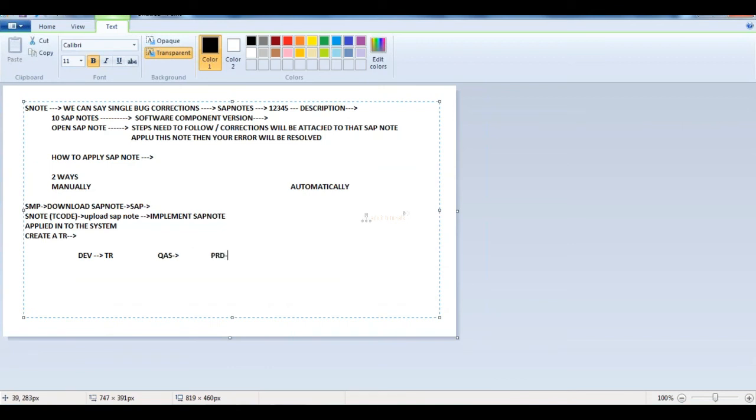Why? Any idea? We got a transport request. So this transport request we move to quality and then to production. That's it.